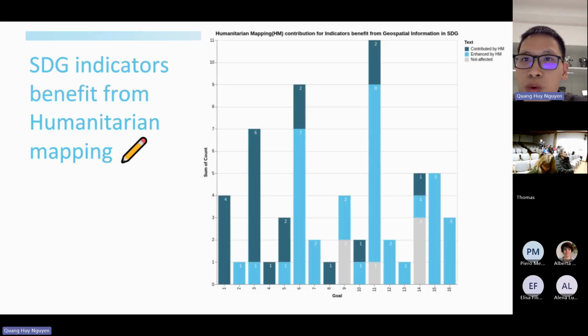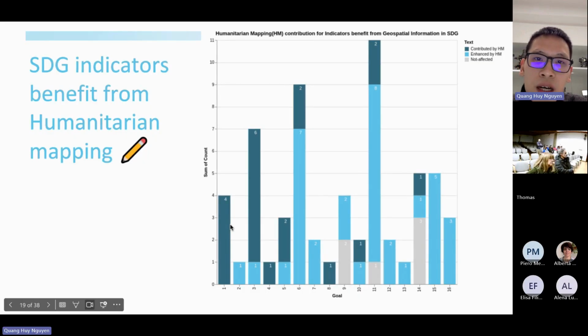The dark blue you can see here is the number of indicators which can be added if we use humanitarian mapping. The light blue is the existing indicators using other geospatial technology, but which can be enhanced by humanitarian mapping.